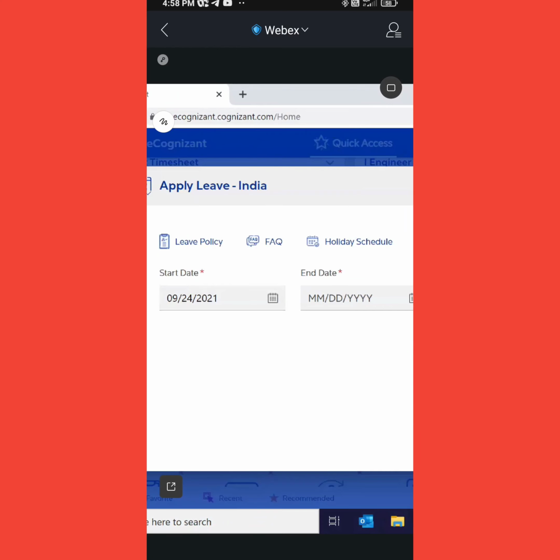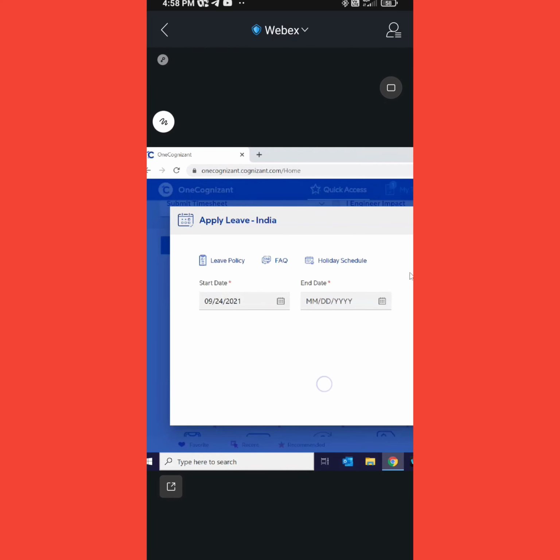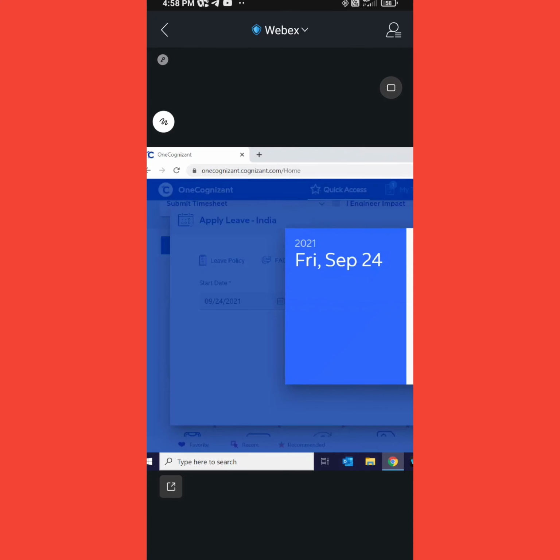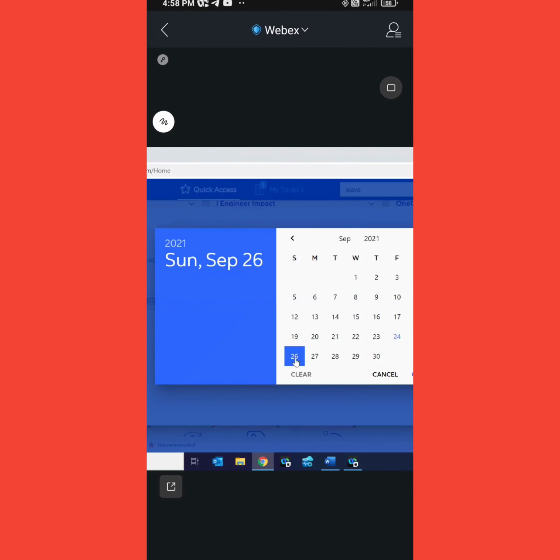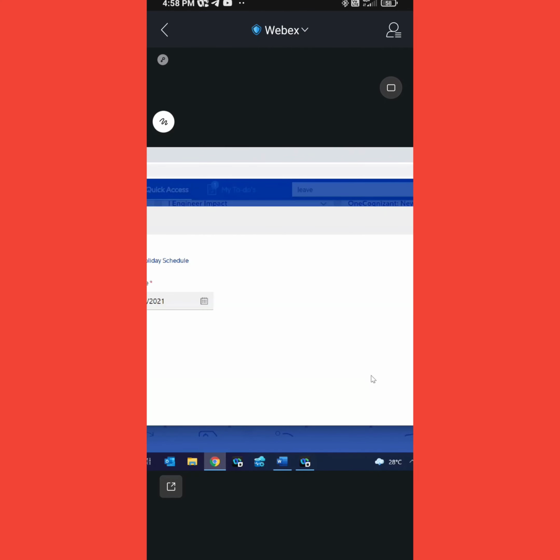Okay, here in apply leave we need to select from which date to which date we need the leave. Let's take today's date, 9/24/2021, and the end date I will keep 2 days. I will keep 2 days for leave. I'm just showing you, I'm not applying for any leave. After clicking the OK button,